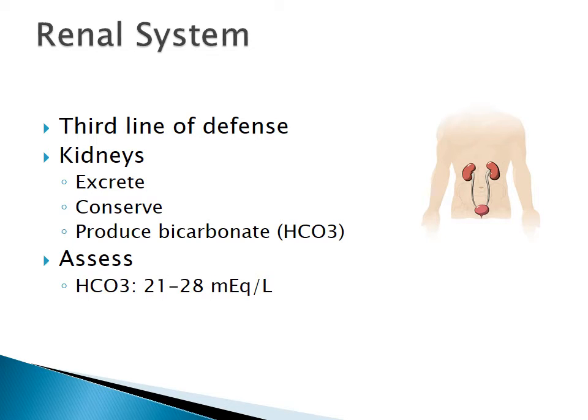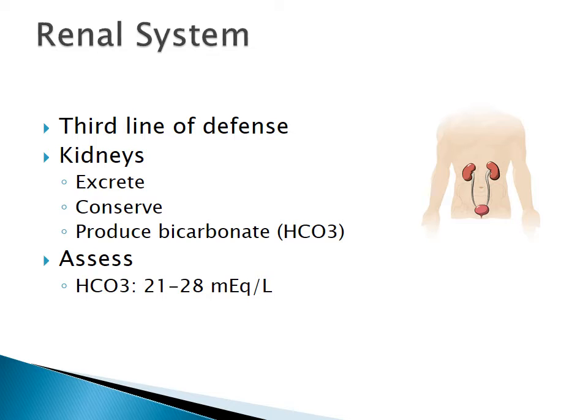The next system, the third system, is the renal system. This is our third line of defense, and it usually occurs within hours or days. But even though this change is slower, it is stronger than the other two that we've previously looked at. This is the kidneys, where the kidneys will either excrete or conserve acids or bases, depending on what the problem is, into the urine as needed. Also, not only can it excrete and conserve, but it can also produce